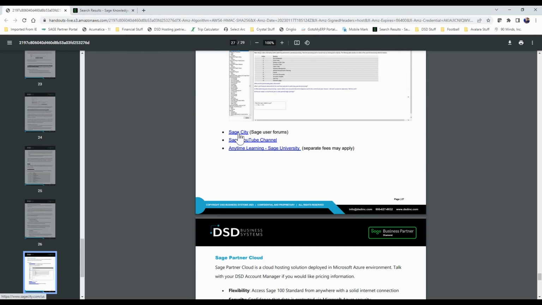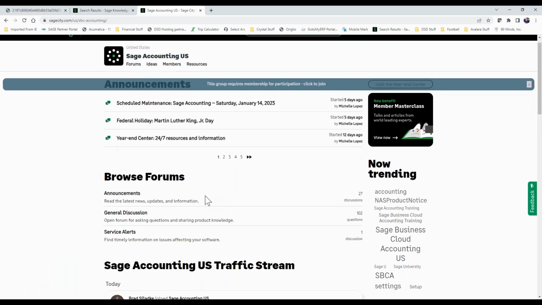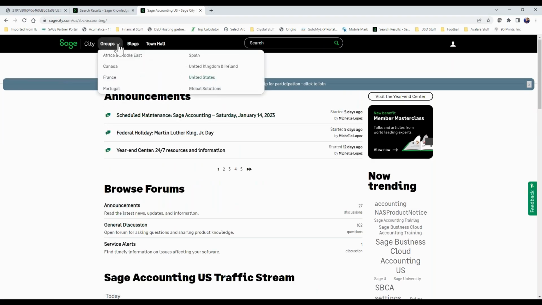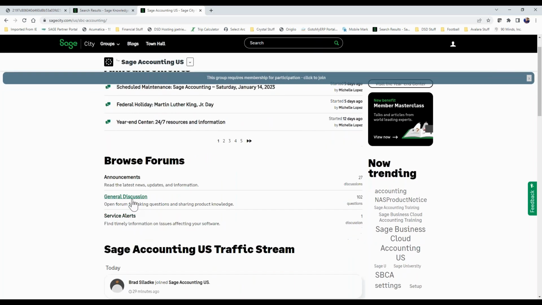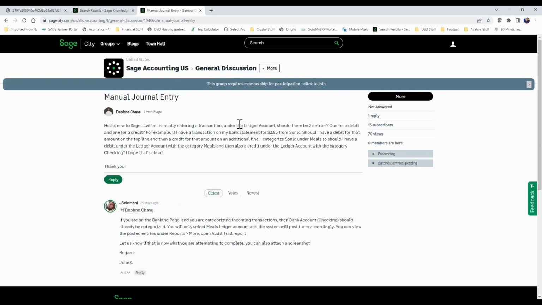That's more of a user-driven forum. And it's got a, go to Sage Accounting here. And then I think there's a Sage 100 in here somewhere. But there's a way to search and make posts. So announcements, general discussion, let's see, one of these. Yeah, questions about manual journal entry. So